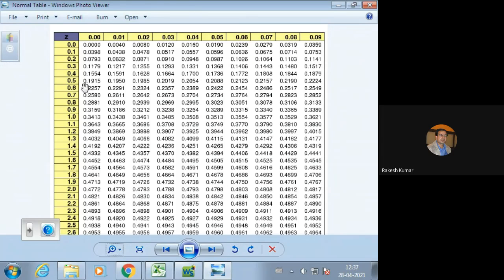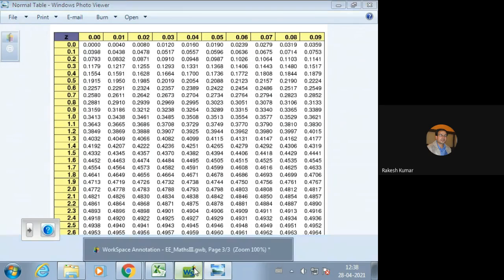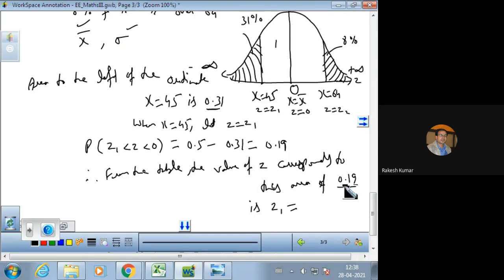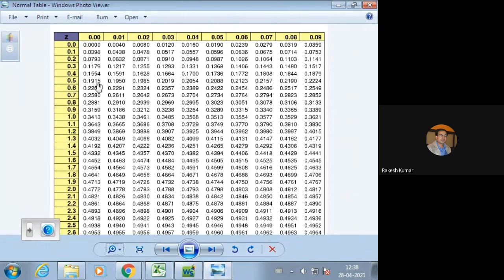हम लोग ये वाला एरिया देख रहे हैं 0.19, just see the value, this is 0.19. तो अब अप्रोक्सीमेट करना पड़ेगा, because 0.4 के सामने वाली रो में जो एरिया है 0.1879, and in the next row the first value is 0.19. This value is nearer to 0.19 as compared to this value. इसमें margin of error ज्यादा है, and here the margin of error is less.